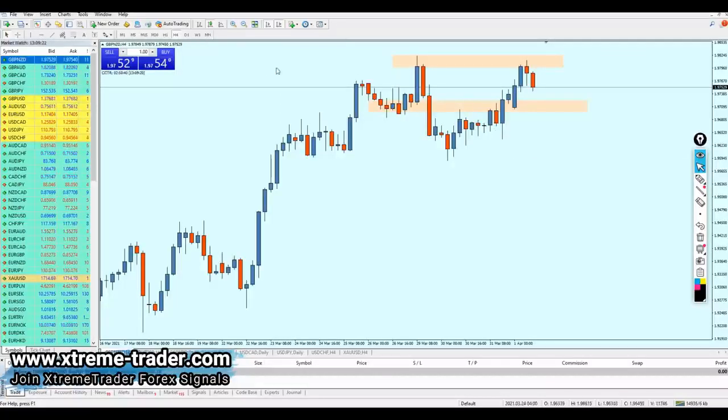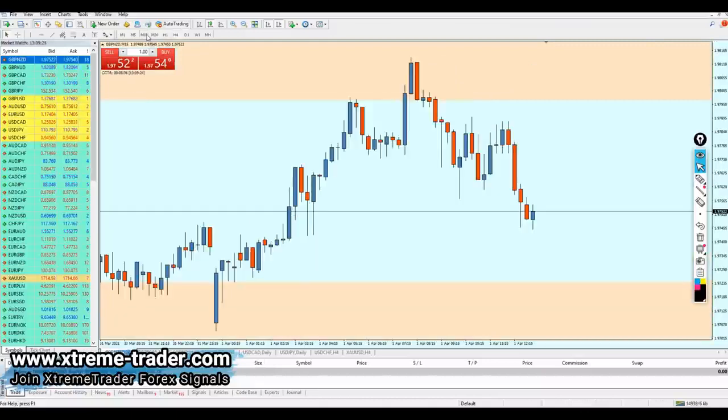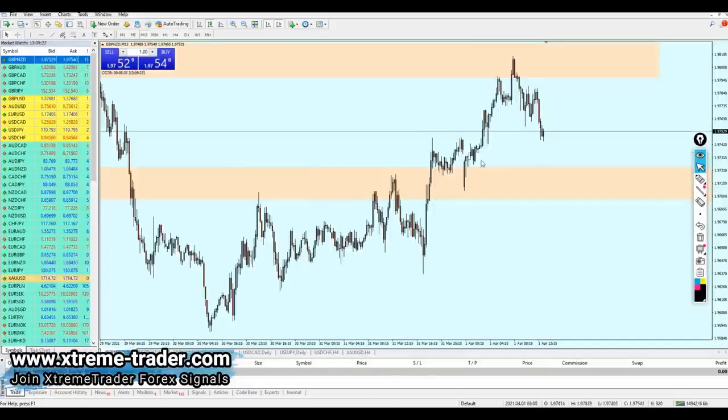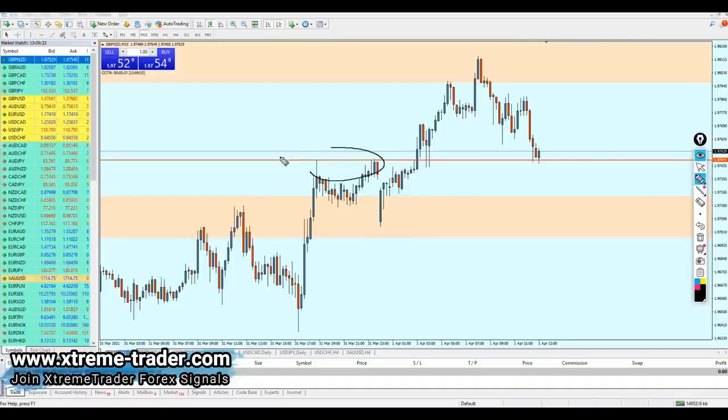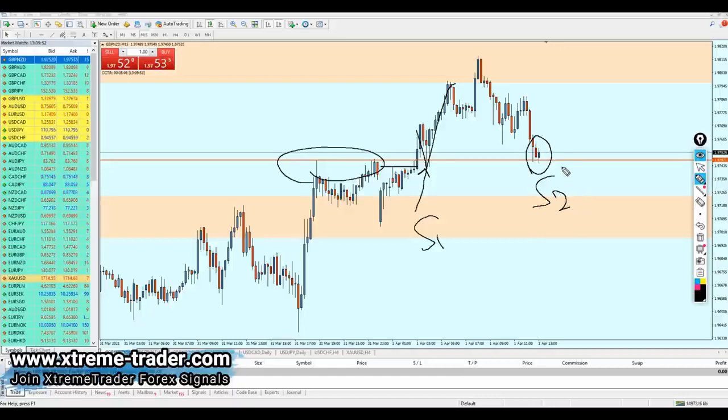We have to go to the 15-minute time frame. So go to the 15-minute time frame, and as we can see, we had right here a previous support level, and this is the previous resistance, and as we can see on the 15-minute time frame, we had right here the first attempt of a support. So the support has already been created. The first attempt of the support has already been created. Now, where do I need to enter? I need to enter exactly on the second attempt of the support. This is exactly where I want to place my trade.